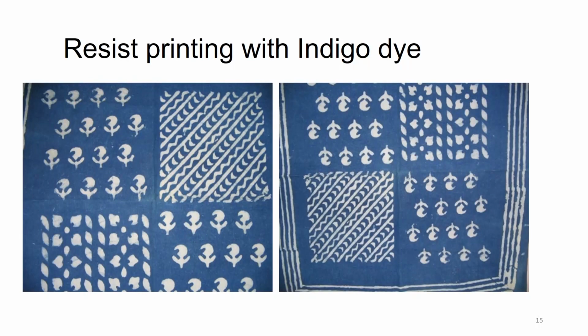Had it been washed away, then everything would have been dyed in indigo color and no pattern would have been created. So, there is definitely a unique quality of this Dabu paste which can adhere to the fabric and remain adhered during the dyeing process, and then it is removed in a particular manner and washed away, and that creates this white regions which were covered with Dabu, and the rest of the material is shown as dyed material.